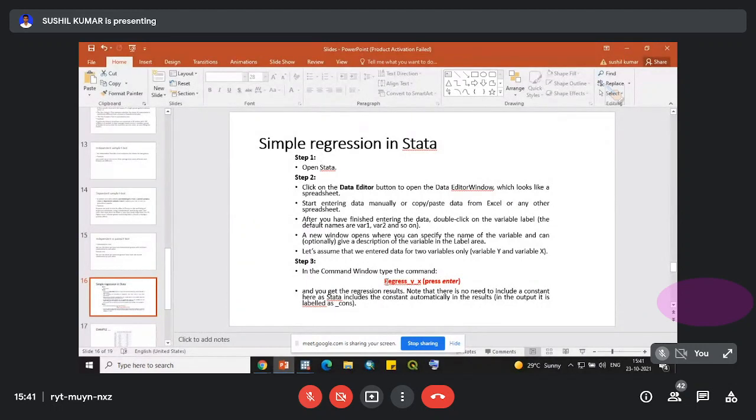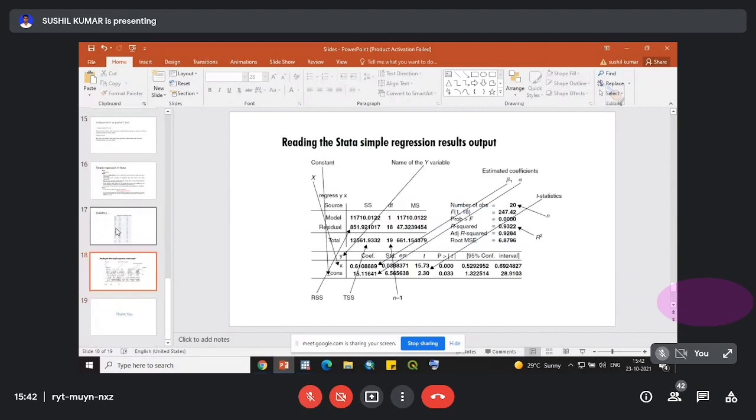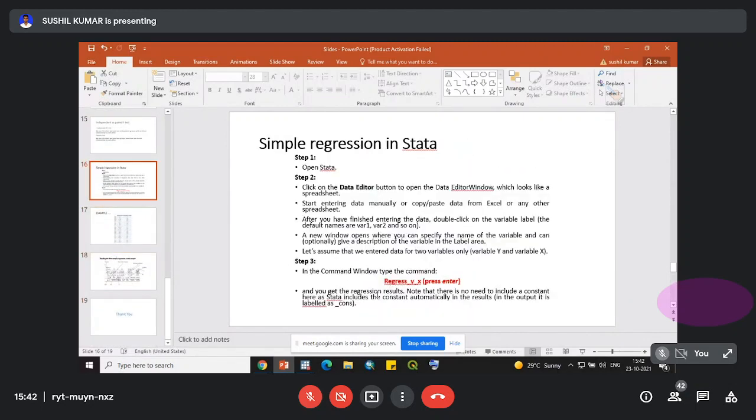The simple command for an OLS model is regress or reg, then our dependent variable, and then our independent variable. In case you have only one dependent variable and one independent variable, and your dependent variable is y and independent variable is x, you can simply give the command regress y x. In case you are going to perform a multiple regression, you can add more variables after x, like a, b, c, d, any variable that you want to add in the regression model.